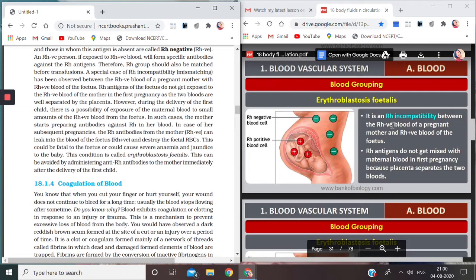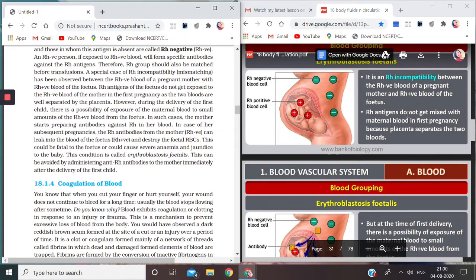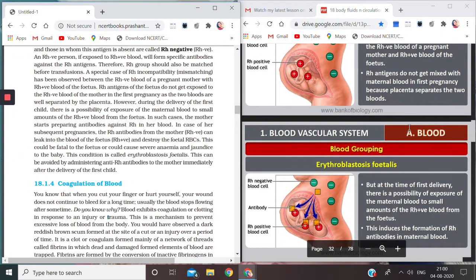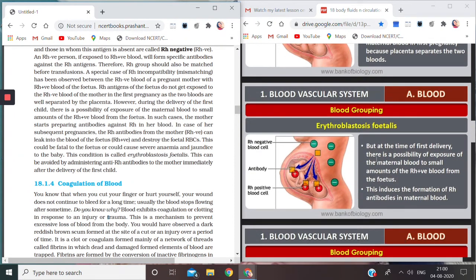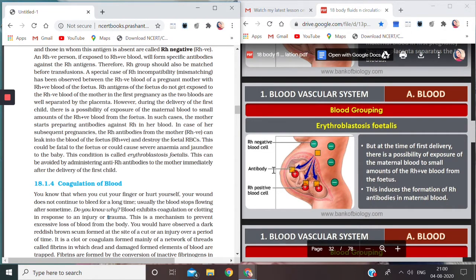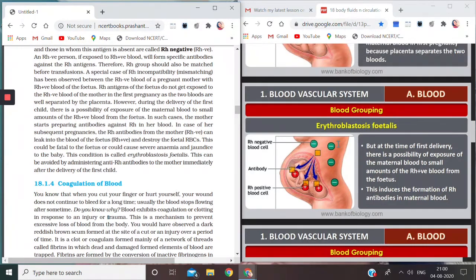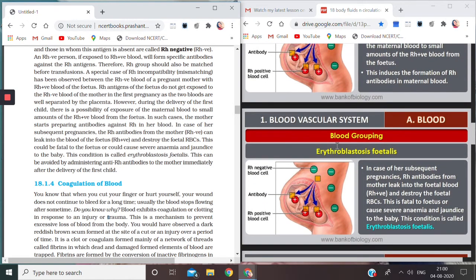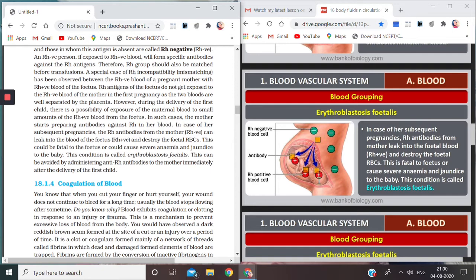If the mother is Rh negative, you see, and the fetus is Rh positive, the blood of the two is separated through the placenta. Okay, but if during the delivery time the maternal blood comes in contact with the fetal blood, see, the mother's blood is Rh negative and the fetal blood is Rh positive, and if they come in contact with each other, the antibodies will be formed by the mother's body. Now in the second pregnancy or in the subsequent pregnancies, these antibodies will kill the fetal blood because they are anti to the fetal